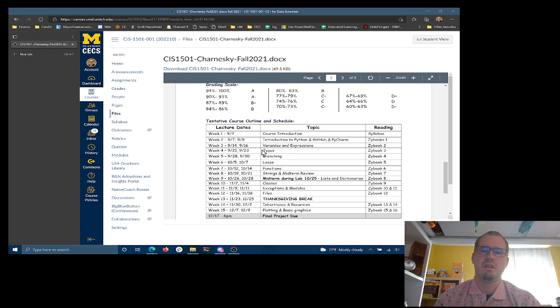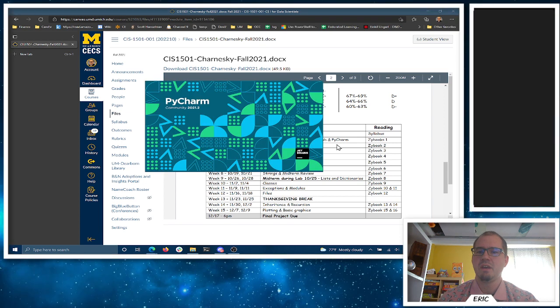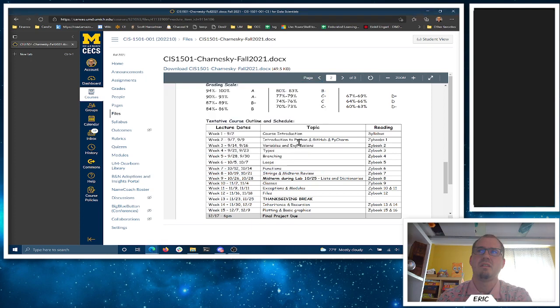And then come Monday, on 9/20, we'll have our lab for Chapter 2 activities, and then we'll pick up our next types in Chapter 3 next week, and then we'll look at our first individual project next week. Once we've covered those first 3 chapters, we've got a little bit more going on that we can actually play with to have a little bit of fun for our first project. So next week we'll look at that first project coming out.